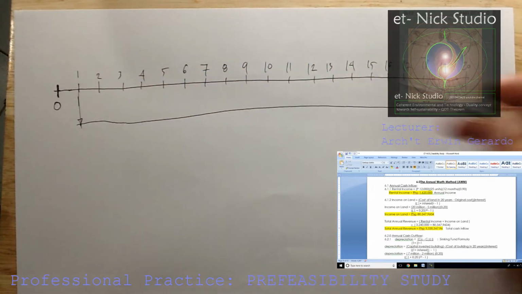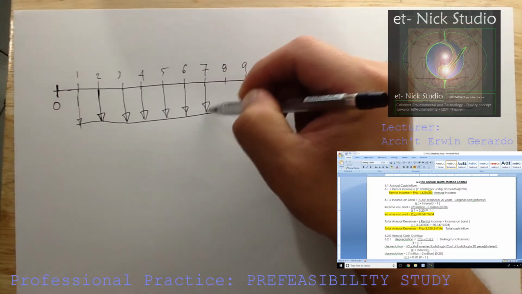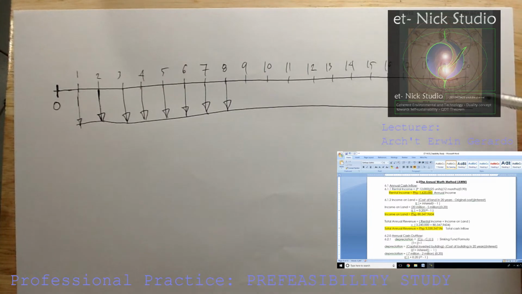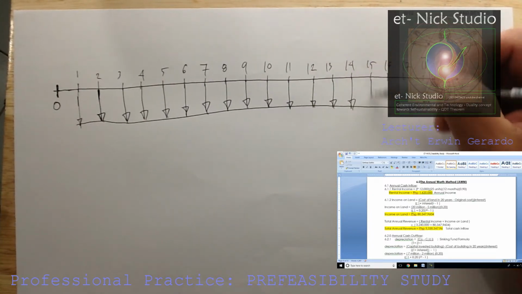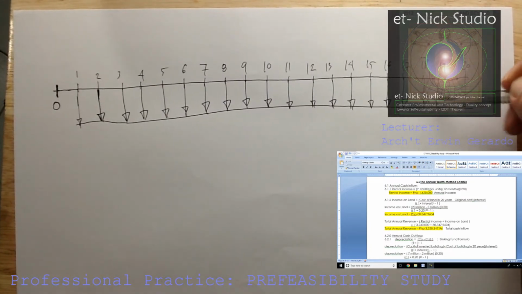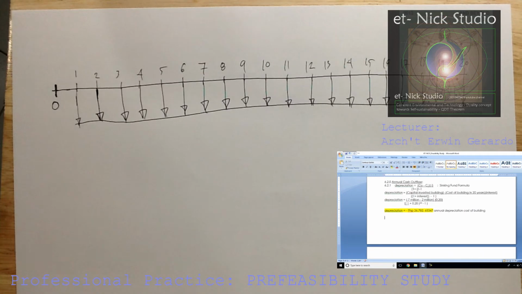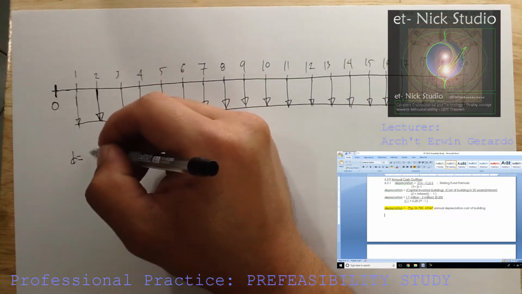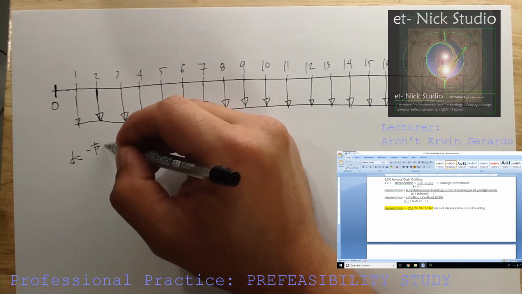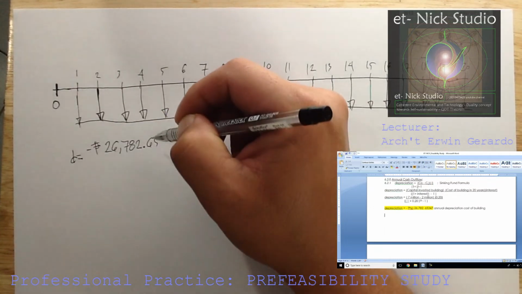Take note that because this is cost, all arrows are pointing downward, from the beginning of the period or 1 year up until it reaches the 20th year. Now let us go over the different cash outflows. We have annual depreciation, which is presented as small letter D. It is minus 26,782.65 pesos. This is your